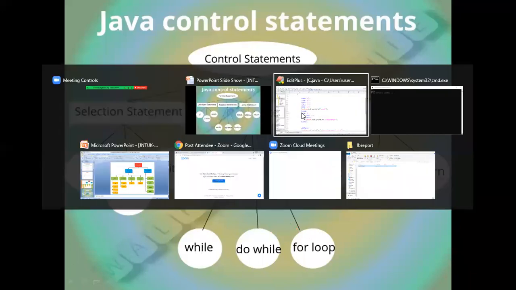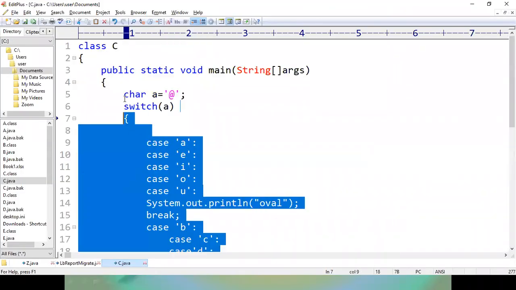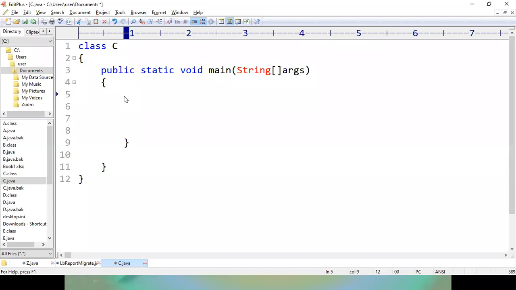Iteration means executing the same part of code again and again.